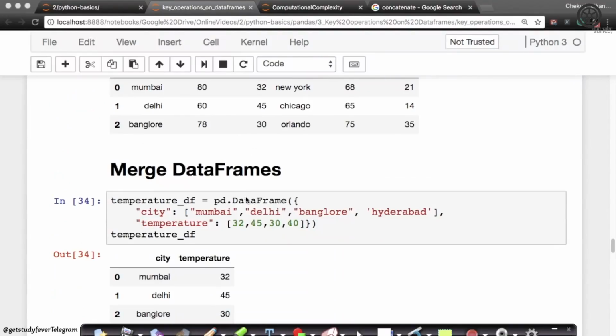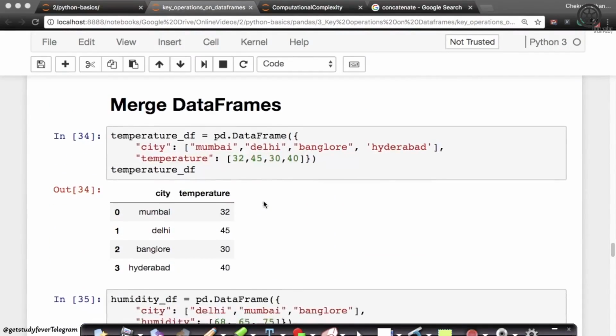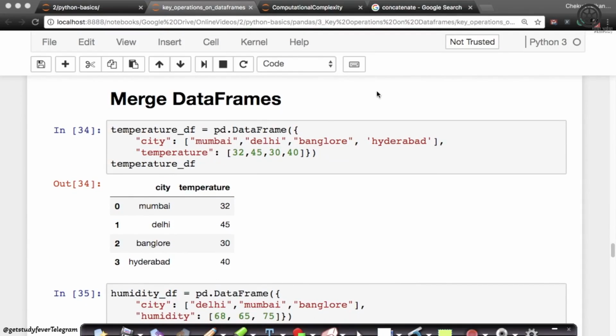Now there are more interesting operations called merging. Merging is sort of like, if you've ever studied SQL or databases, and if you have not, it's perfectly okay, because I'll show you what merging does. This is like a join command that you might be aware of in SQL and databases. So merge here is sort of like a join command in SQL and databases. Those of you who have never studied SQL and databases, it's okay. I'll simply explain it to you.